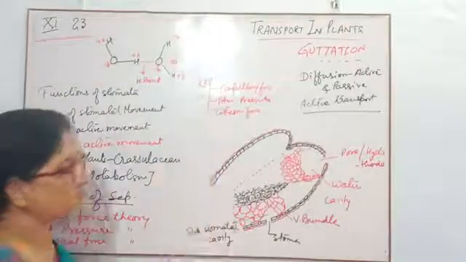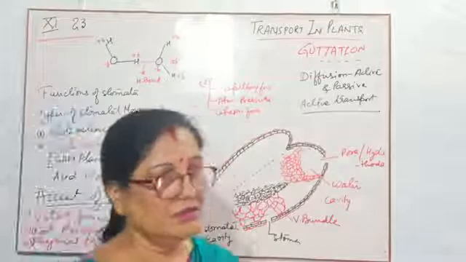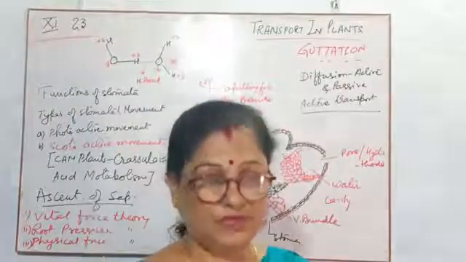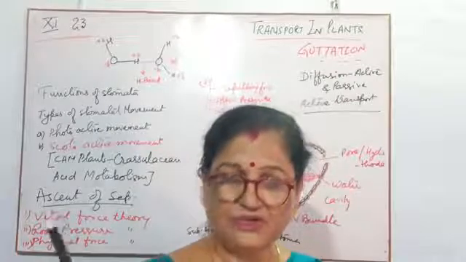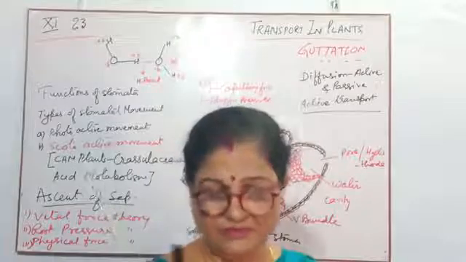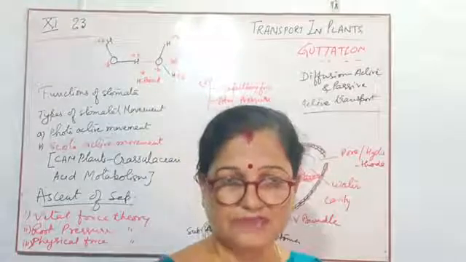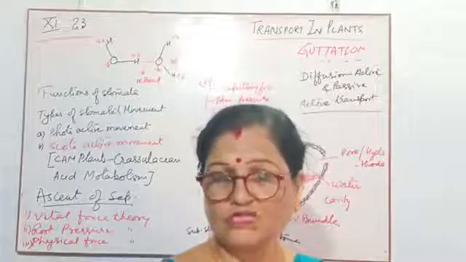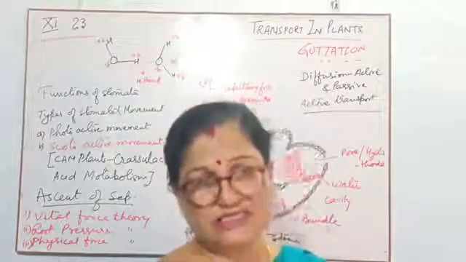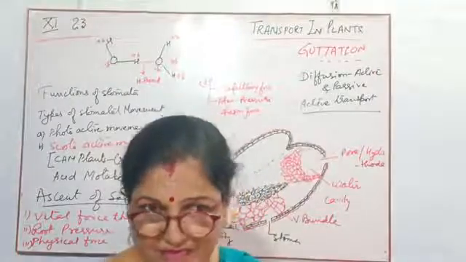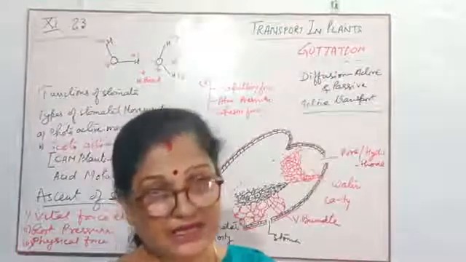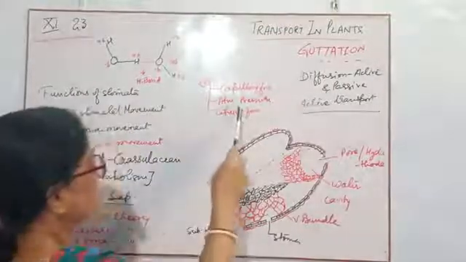Next one, atmospheric pressure. Children, all of you use or have used a dropper. When you create high pressure at the top of the dropper, all the air goes out from the lower surface, and then when you release the dropper, due to the atmospheric pressure the liquid moves inside your dropper and you can get some liquid in it. The same thing happens here also.